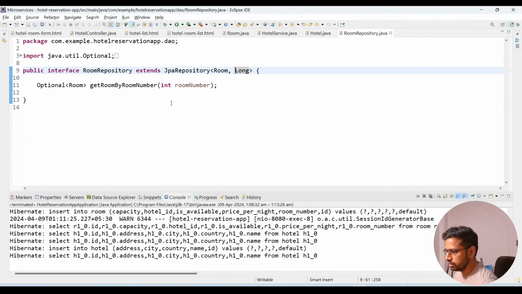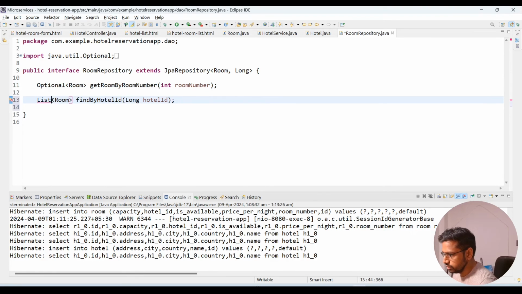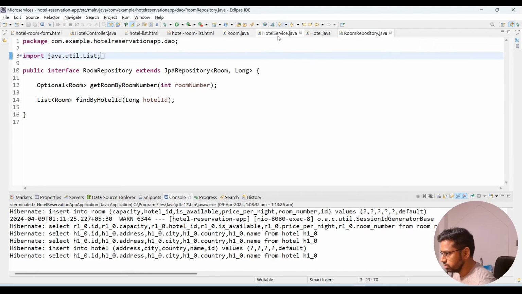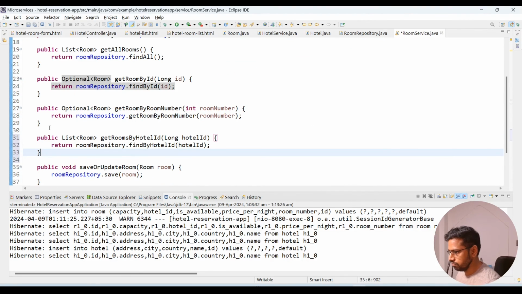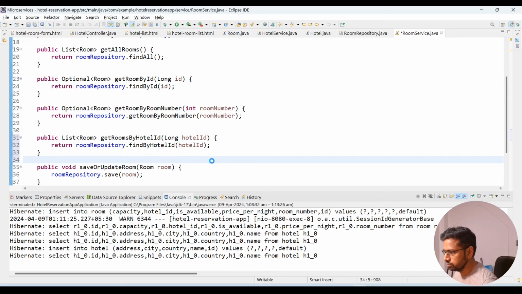Alright, so let's make the change. I think we need to make changes to room repository and room service. So first thing first, we need this. Now in room service, alright. Now in room controller,